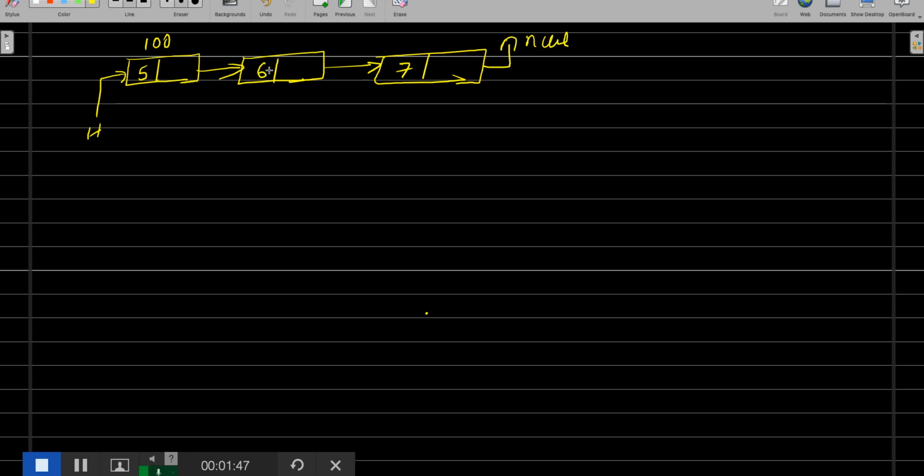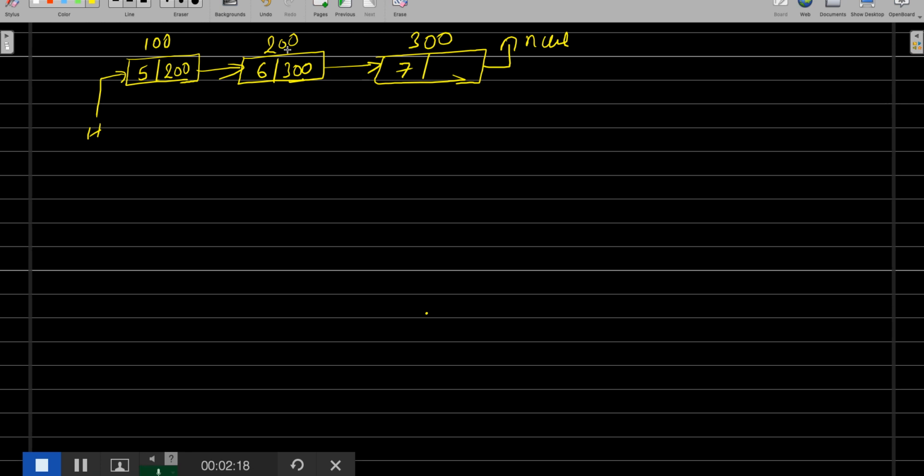Now the second node object has an address equal to 200, and the object will have data and a pointer to the next object. So this 200 will be stored here. Okay, 200 will be stored here. When I say the third object, let's say this has the address of 300, so the 300 will be here. Okay, got it? That's how, when we iterate over the linked list, we go from one node to the other node, because this node has the address of this node.